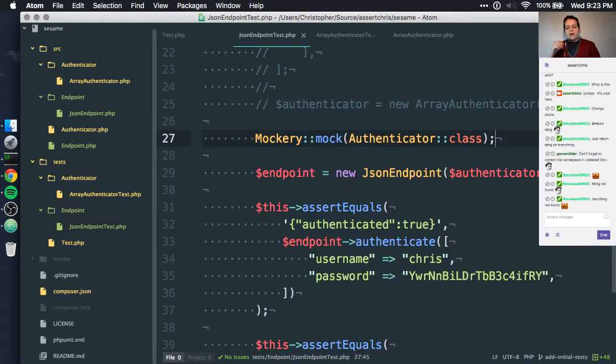Now, there is a very broad terminology for things like mocks in the world of testing. It's even broader than the different kinds of tests. Like I spoke about unit tests and functional tests, and there are really lots of different names for different kinds of tests. When it comes to mocking, or the concepts similar to mocking, there are many different kinds of objects. And so I'm just going to use the word mock to refer to something that is a fake version of something real that you don't want to use.